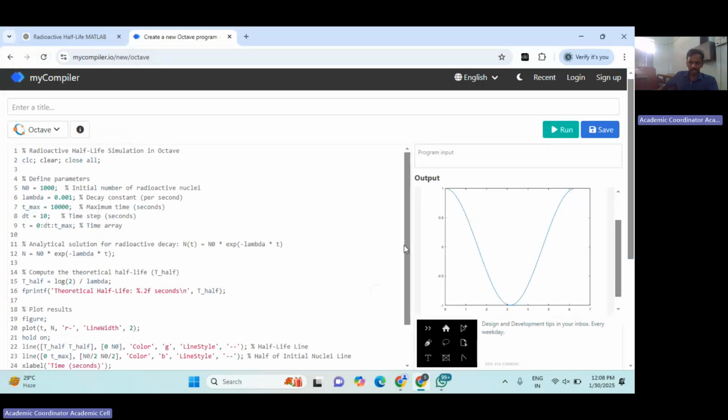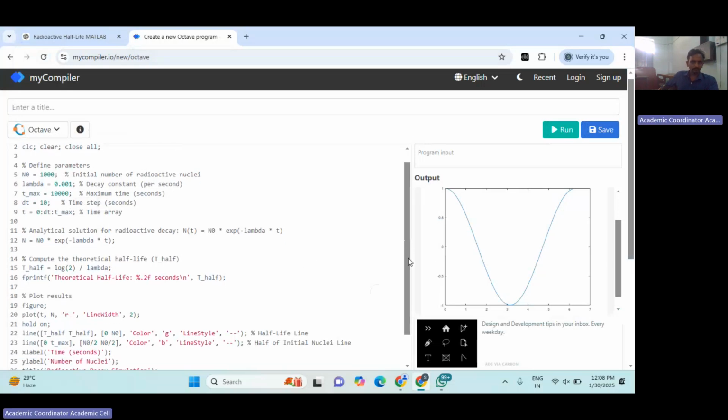Now I have to draw a graph between t versus N. Whatever values t takes, N will also be calculated for all those values. Like 10,000 values of t are there, you get 10,000 values for N. You'll get a graph, and these are the